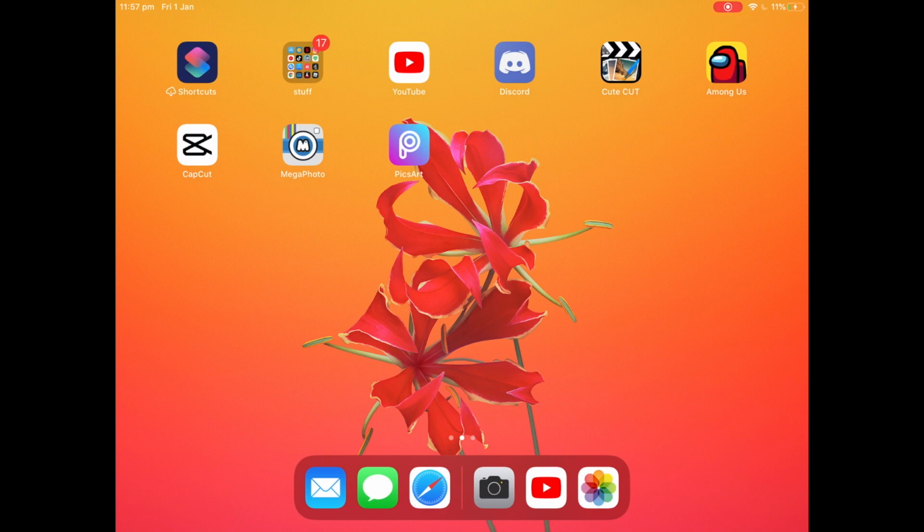So yeah, basically you'll only need 3 applications: CapCut, Megaphoto and PicsArt. It's literally simple as that. You only need these 3 apps. First thing you want to do is cut the section of your video,